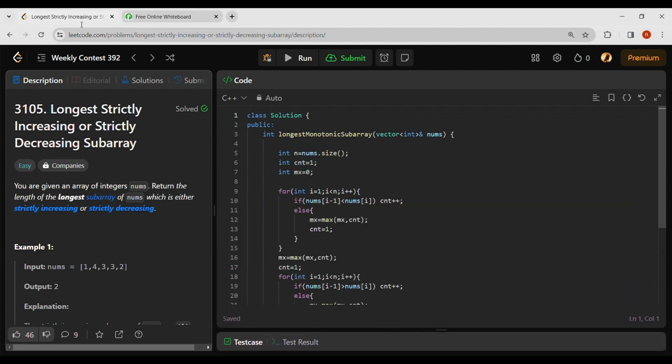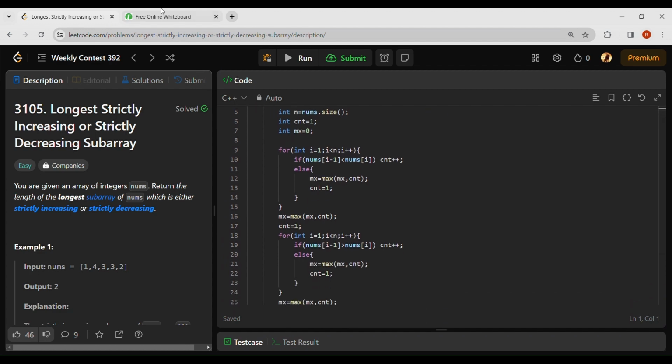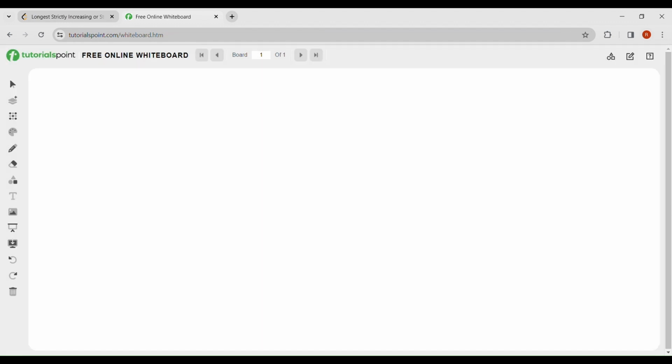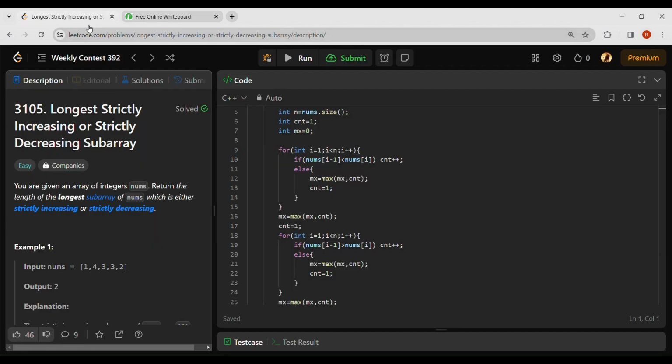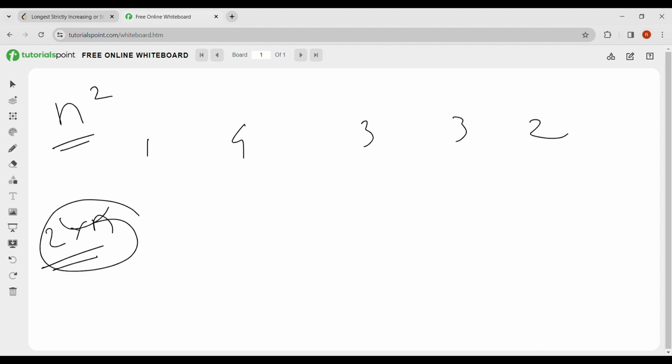So in this question, firstly, in one for loop you can calculate the maximum length. Suppose there is an array, I will take the example 1 4 3 3 2. There will be a requirement of two for loops, but not in n squared complexity. It will be only 2 times n complexity. This is my code. You should try this code also, because this is a really good approach for solving such questions